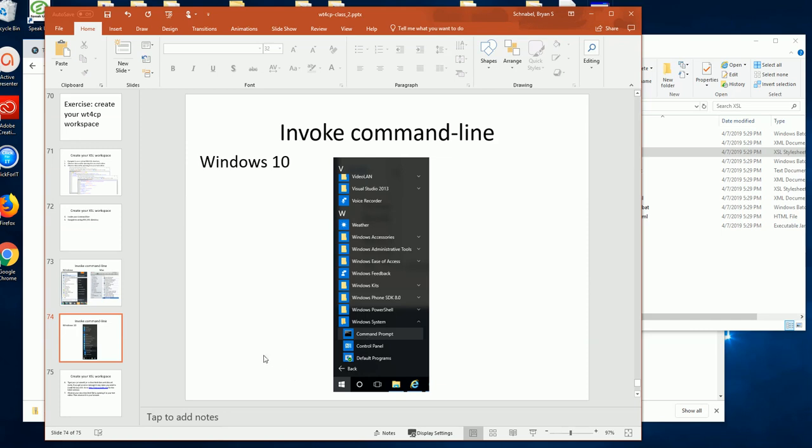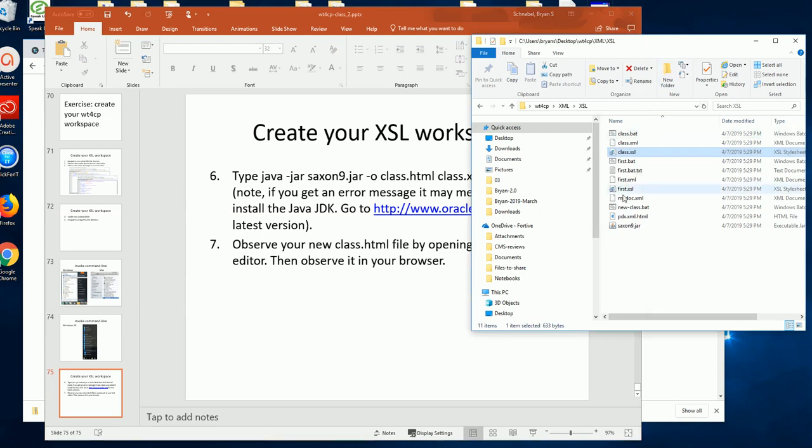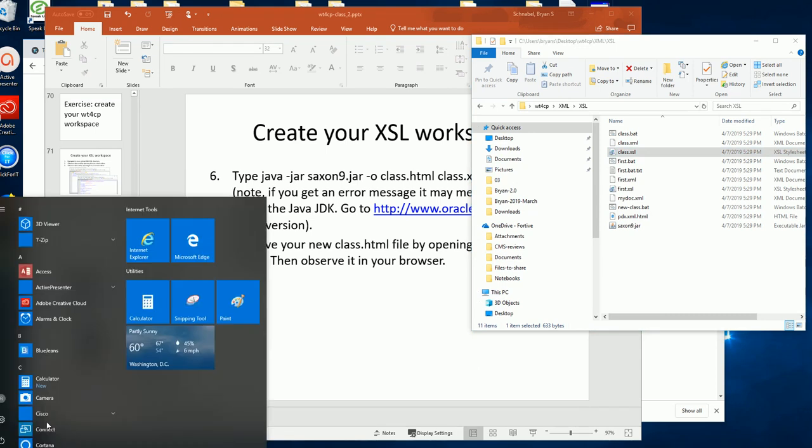And then we will type our syntax here, and then we will observe our resulting class.html file. You'll notice that there is not a class.html file in this directory yet, but once we go through this exercise we will. So the first thing we need to do, in this case I'm using Windows 10, so